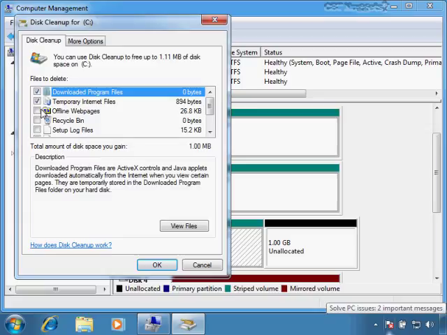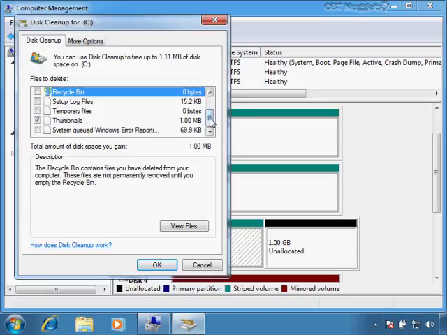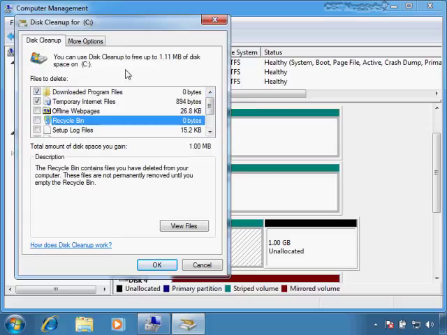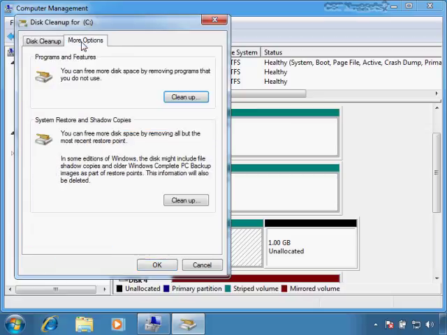not using anymore, any offline files, recycle bin files. This is a new computer, so I don't really have much going on here. But you can see there's a lot of different things that could accumulate some space. I've had 100 gigabytes before that I've had to clean out, but I'm sure a lot of people have had even more. But when you choose the system cleanup, then you can also choose additional options, which allows you to